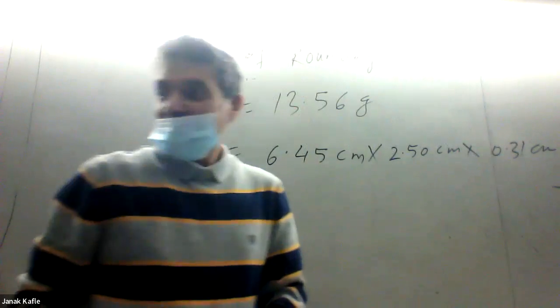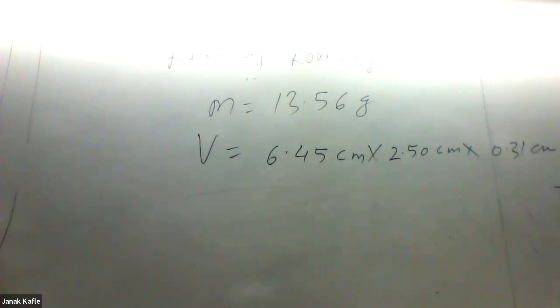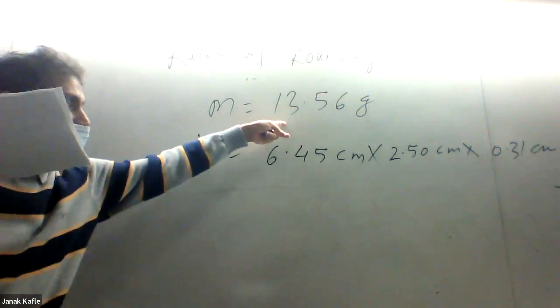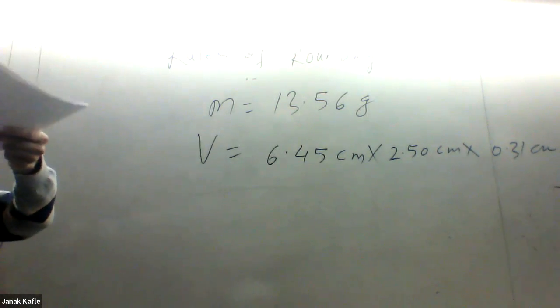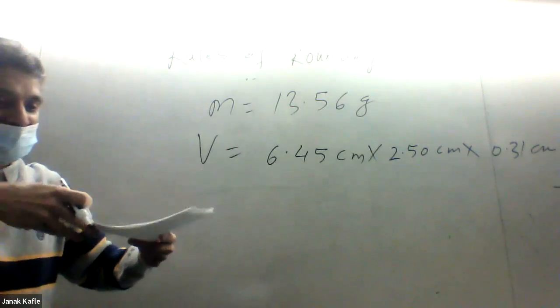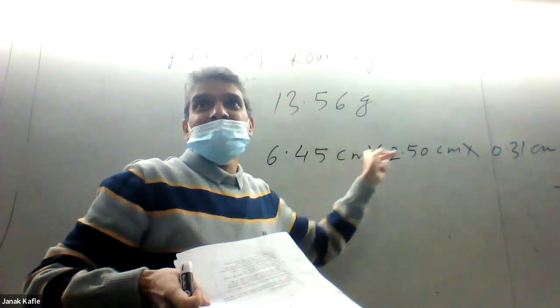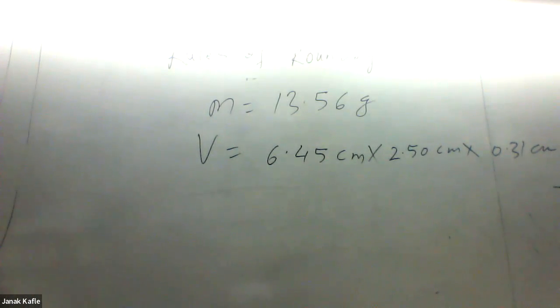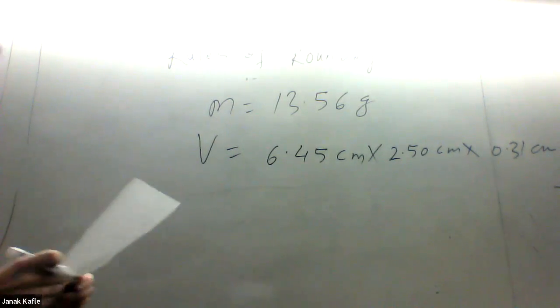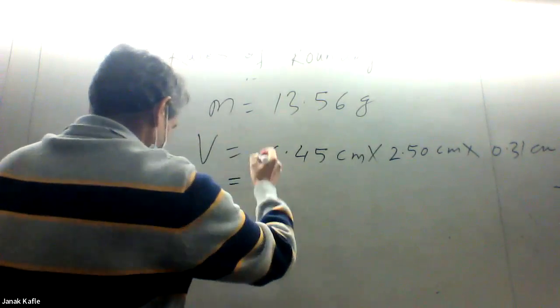So you have a book like this, and you put it on the balance and measure the mass of the book, which is this much. Then you measure the length of the book, the breadth of the book, and the height of the book, and you get these parameters, right? You multiply length, breadth, and height, and you get the volume. So when you plug these numbers into the calculator, the calculator gives you